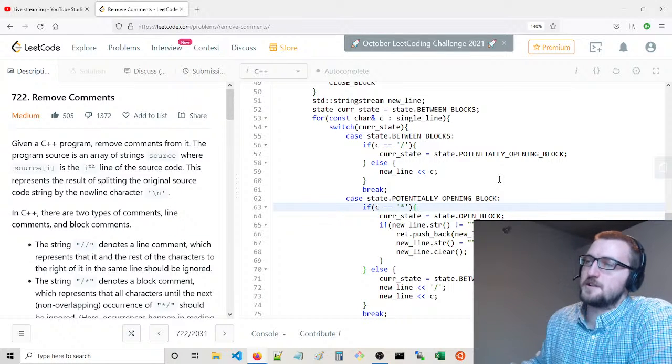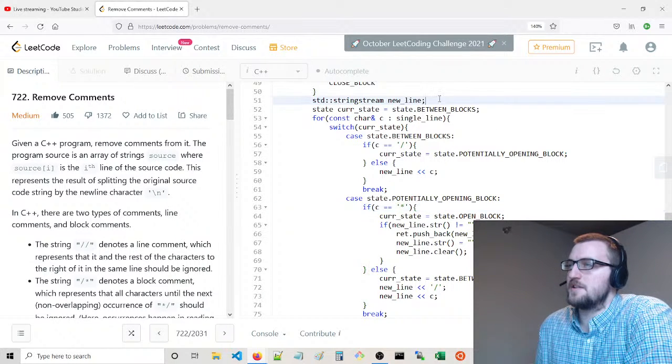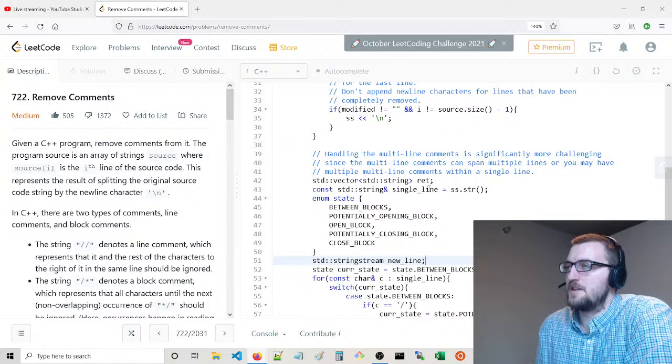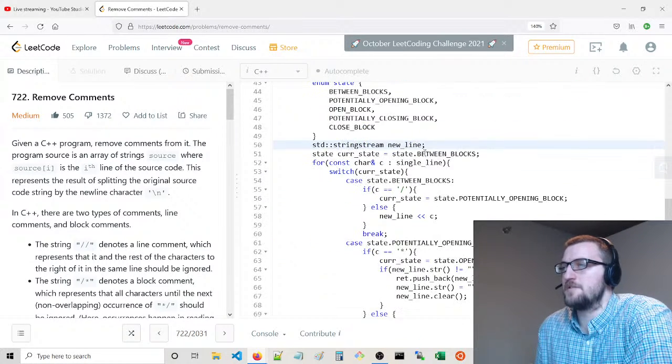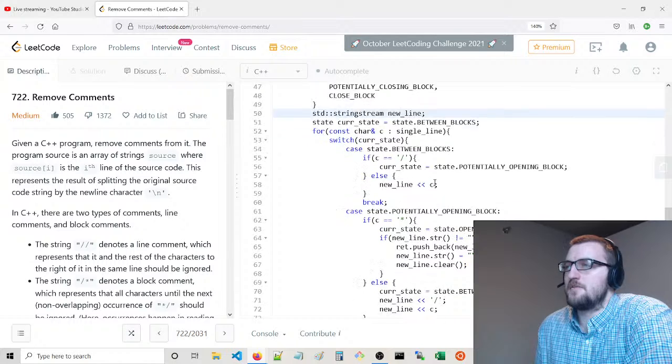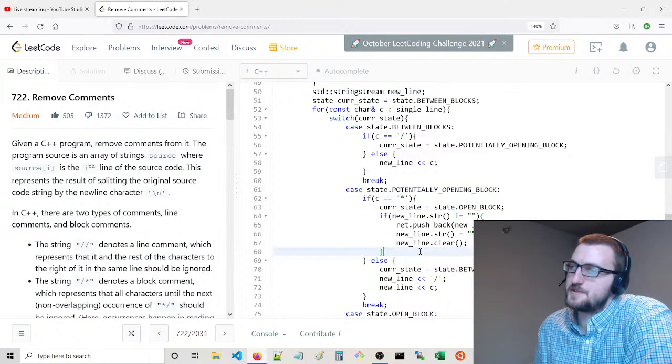I'm actually wrong. We don't want to do that just yet. No, I take it back. The new line, never mind. I'm actually wrong about this. We don't want to do this processing here.